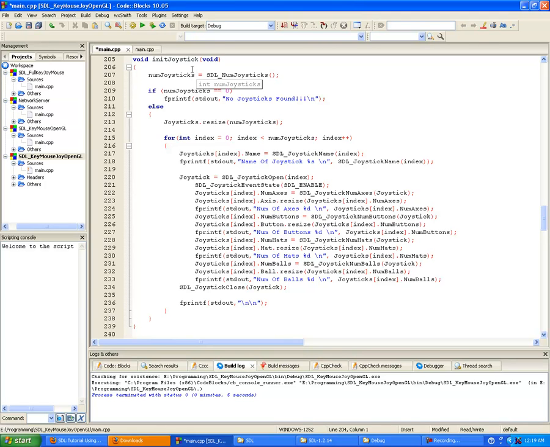So I do a check here. I say if numb joysticks is equivalent to 0, then Fprintf standard out no joysticks found. Now we don't have to do this Fprintf if you don't want to. I just did that so that we know that there's no joysticks found. If you're doing this in an actual live game, I wouldn't bother. I would just basically ignore this part here. Else, so if there are more than 0 joysticks, curly brace,